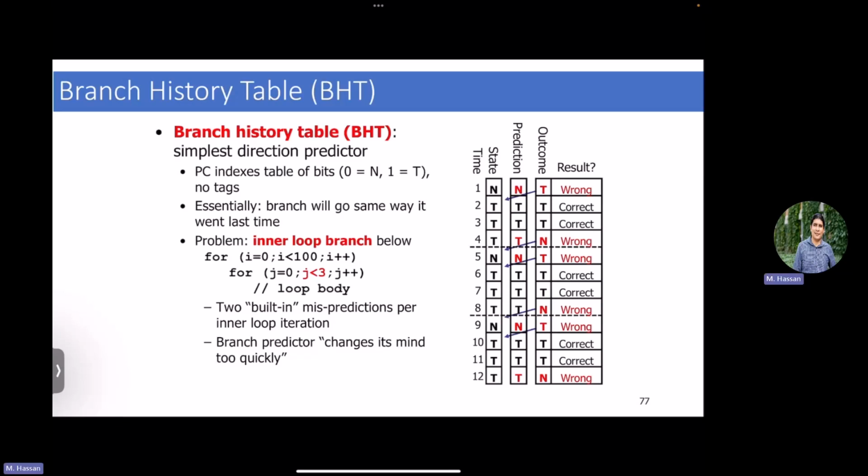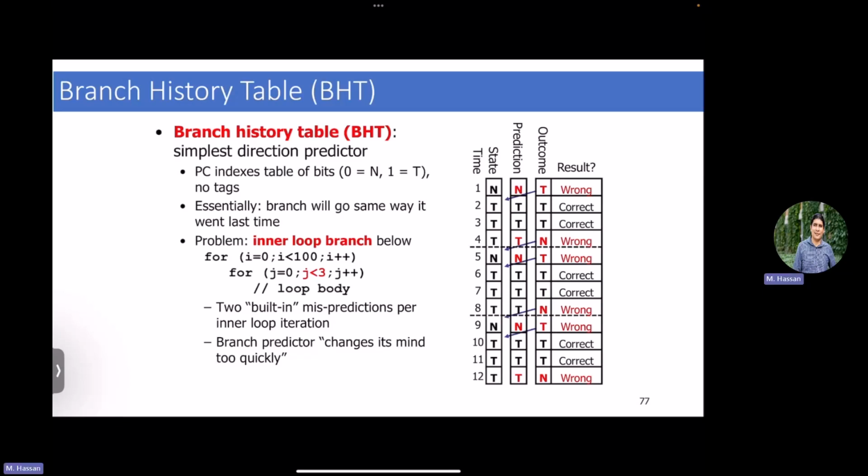What are these 3 questions? Can you mention one of them? Yes, if we jump or not, which is taken or not taken. What is the next target address? So basically, the target address of the branch. And the very basic first question is whether the instruction itself is a branch or not. So we start by asking whether the instruction is a branch or not, and if it's a branch, what is the target address? We said these 2 questions are answered by